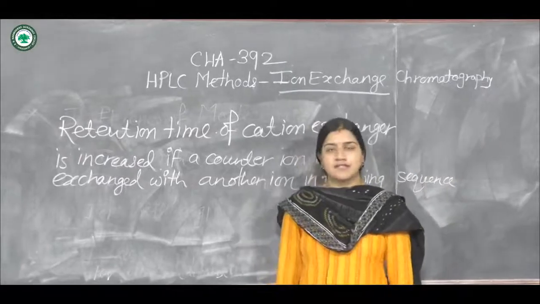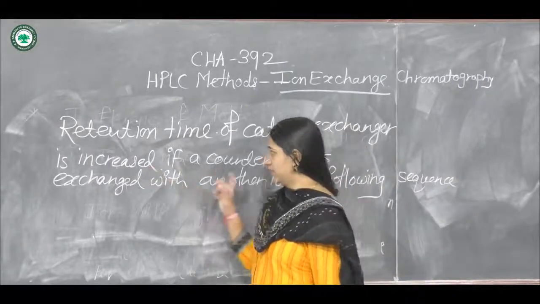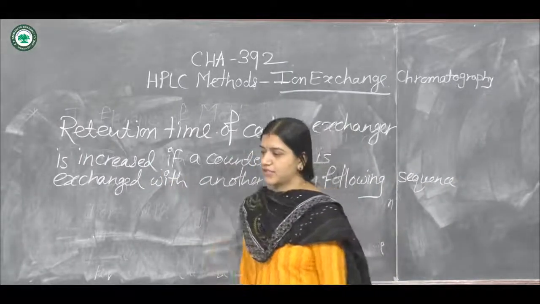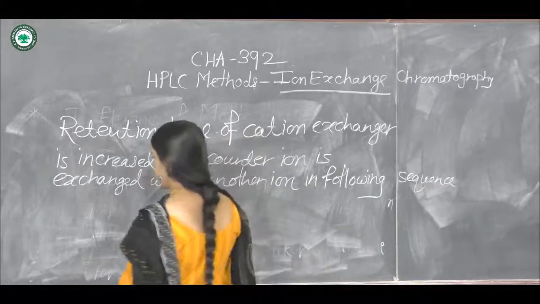So what is the sequence for the cation exchanger? That is barium 2+,